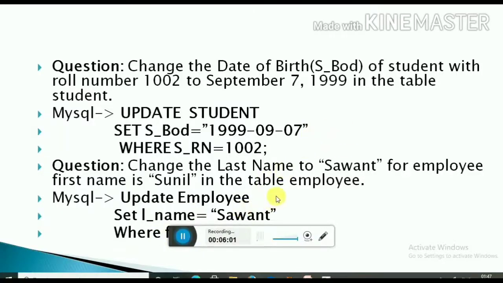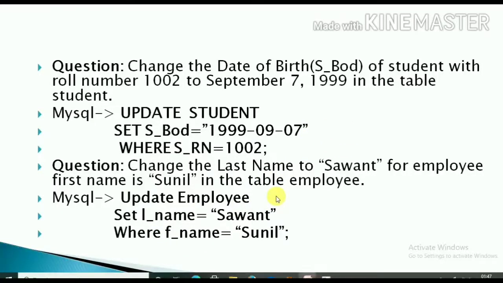Now we'll see more examples. The question is: change the date of birth, that is s underscore bod, of the student with roll number 1002 to September 7, 1999 in the table student.